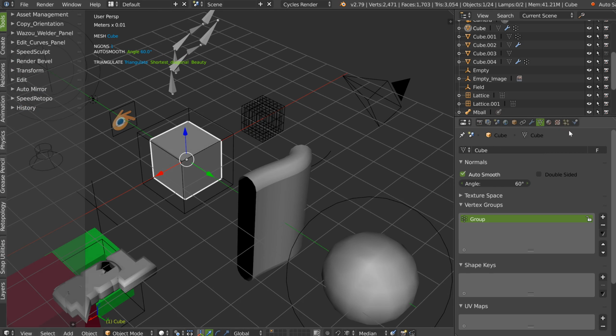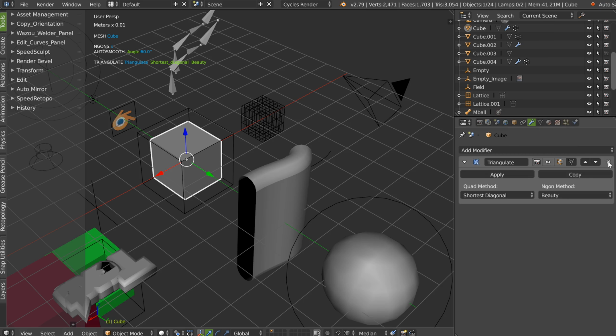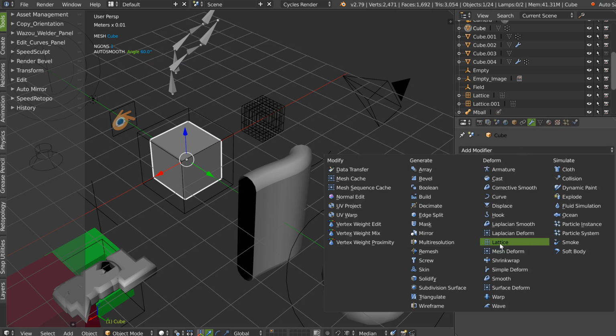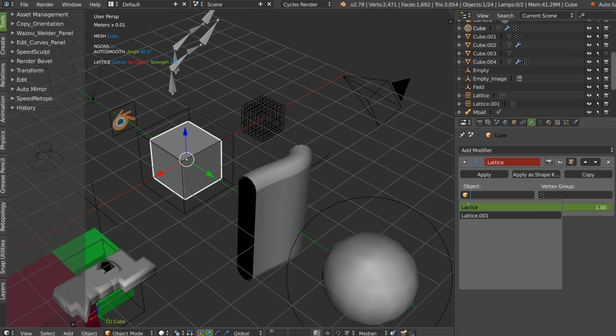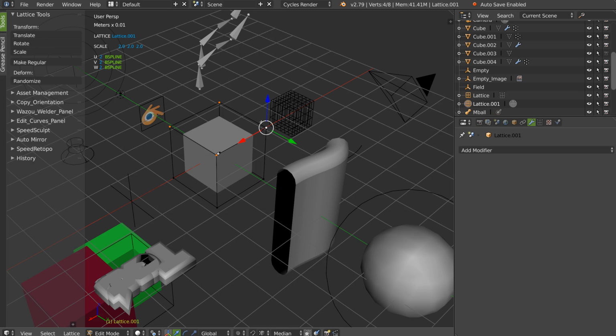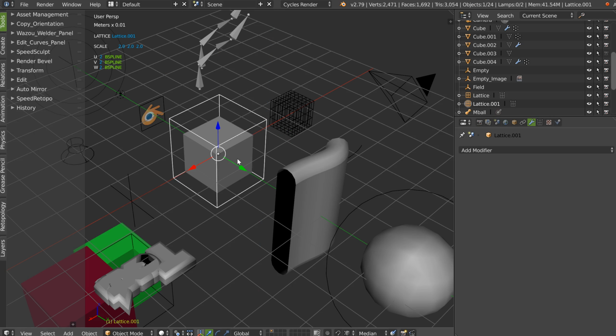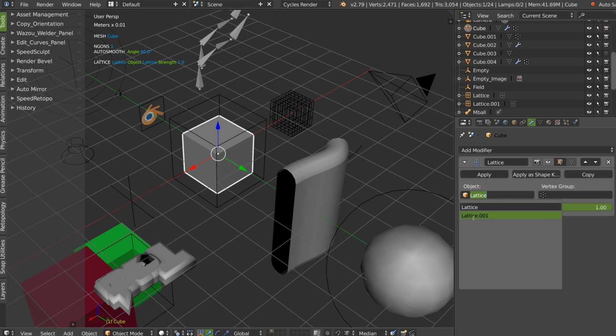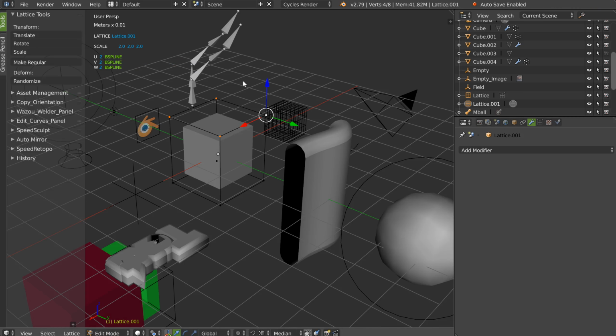If you have, for example, a lattice modifier, where is it? You will have the option, you can select a lattice. If it's the good one, I will have my object deformed. If it's not the good one, I will select the other. Yes, and that works. Hop.